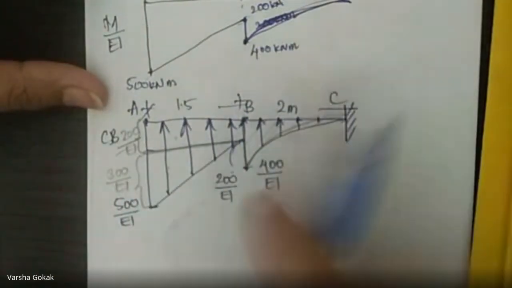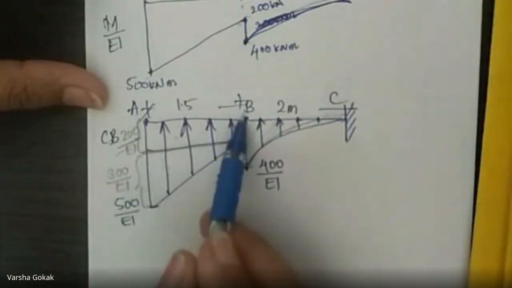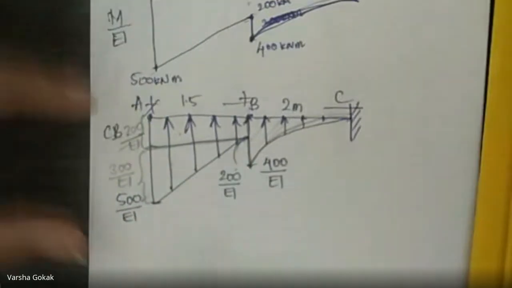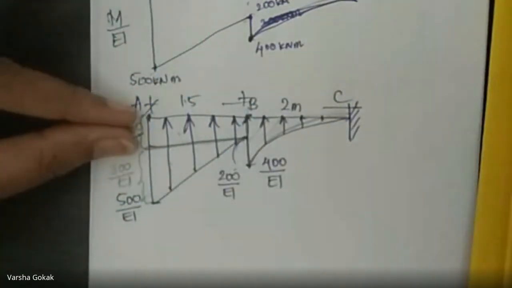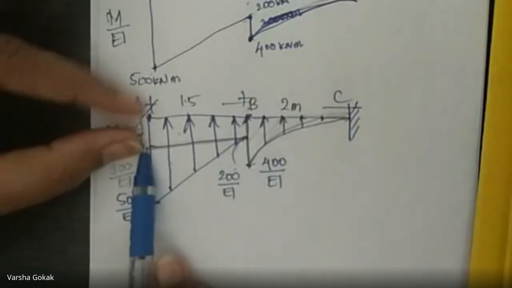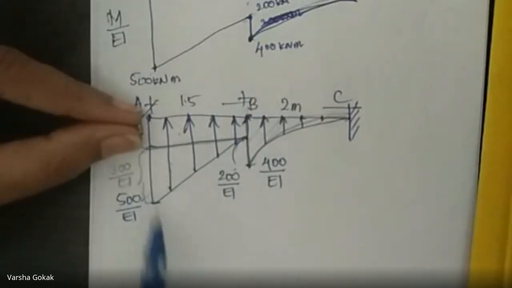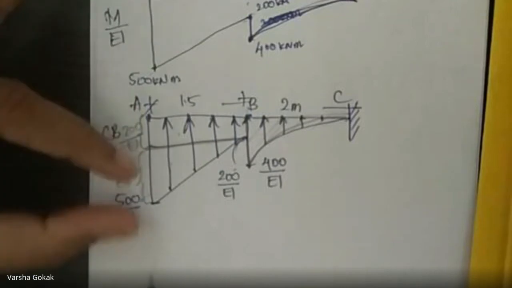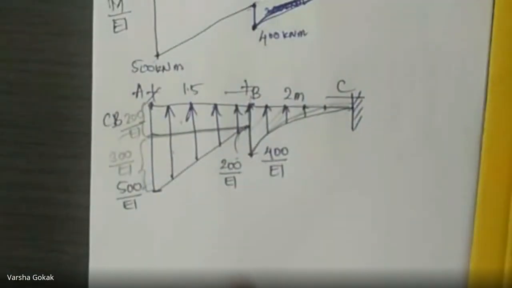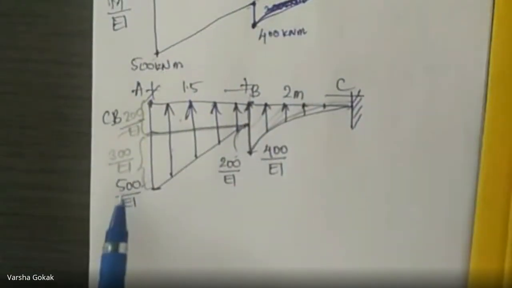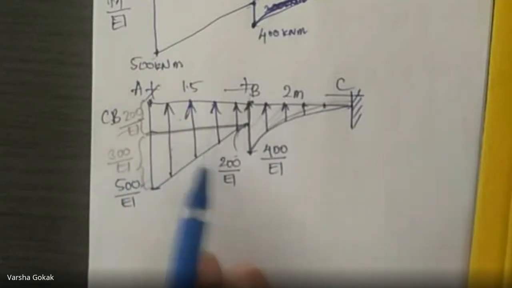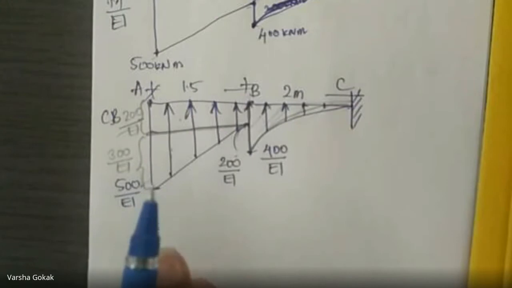This will remain as it is. This side figure, I will divide it into a rectangle and a triangle. Total is 500. This line, if I project it, because this value is 200, so this much will be 200. So this is 200. Out of 500, if this is 200, the remaining would be 300. Right? So this is 300 by EI. Divide and take, because we will need to calculate the areas and all when we are calculating the reactions.